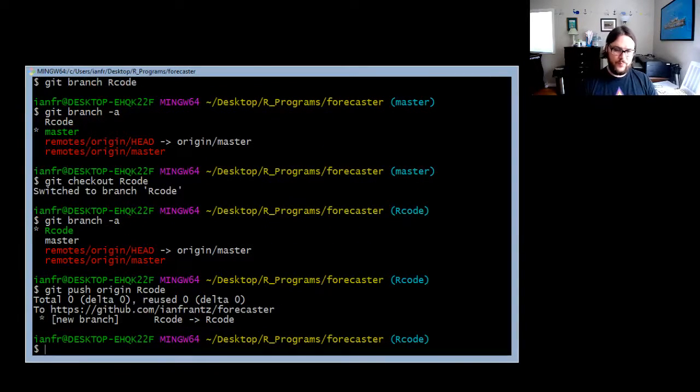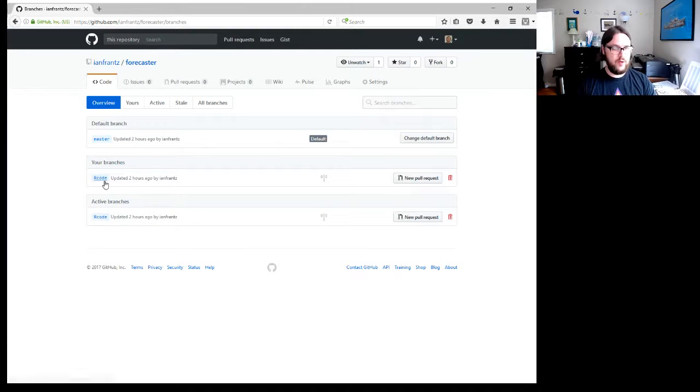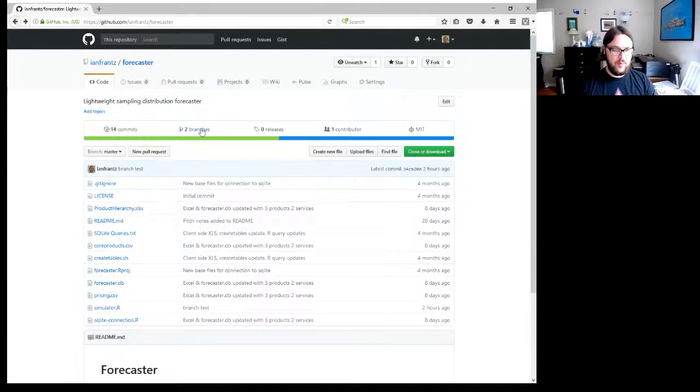Okay, new branch, RCode. We look back at the forecast project. Two new branches. There's an RCode branch now, so that'll be permanent